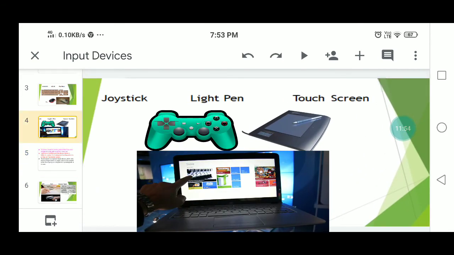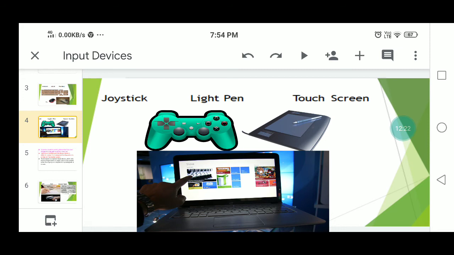Then next, coming to another input device, the touch screen. A touch screen is a special input device which only needs a finger touch to supply input to the system. Simply touching and lifting the finger generates the action of a single mouse click.